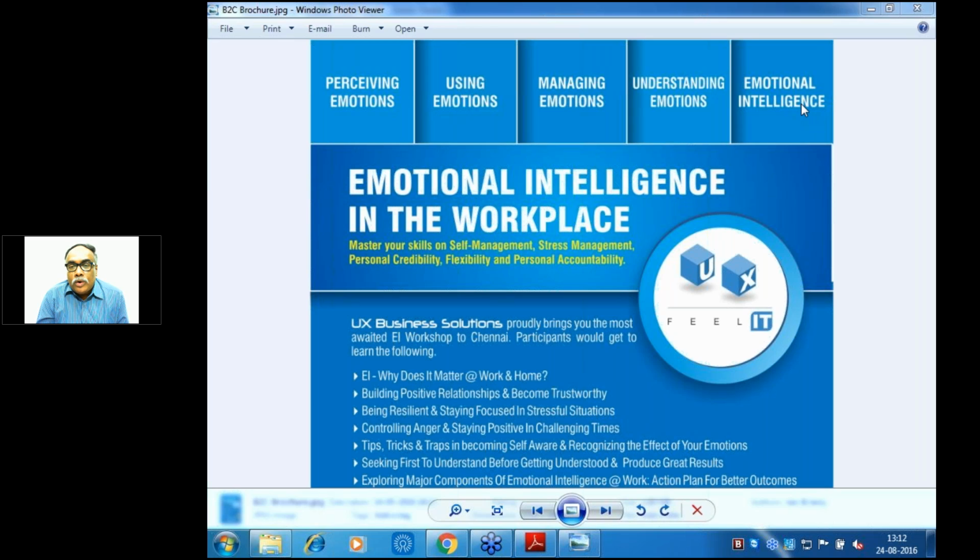So the first quadrant of emotional intelligence is all about how we can become self-aware about what we are and what we are not. You might ask me why it is important. You might ask me why it is relevant in the workplace. Now, consider that I am a person. I am a manager of a team of 8 members.